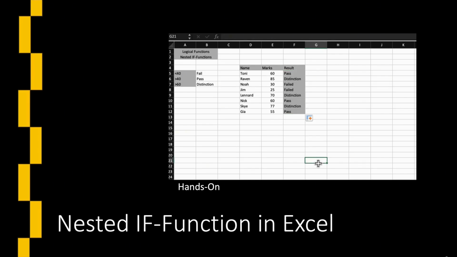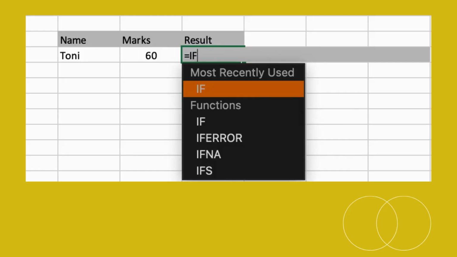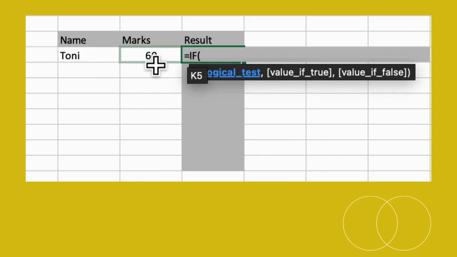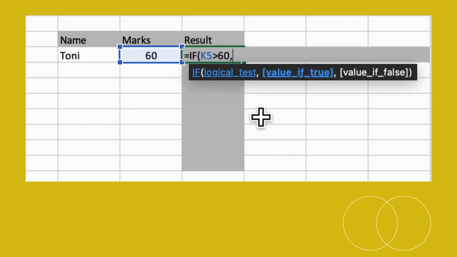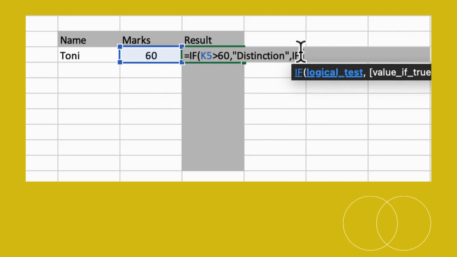Enough theory, let's jump into Excel for a live demonstration. I'll create a nested if function, guiding you through each step on the screen. The function would be equals IF, parentheses, K5 in our case, greater than 60, comma, quotation mark, distinction, quotation mark, comma, IF, parentheses, K5 greater than 40, comma, quotation mark, pass, quotation mark, comma, quotation mark, failed, quotation mark, and